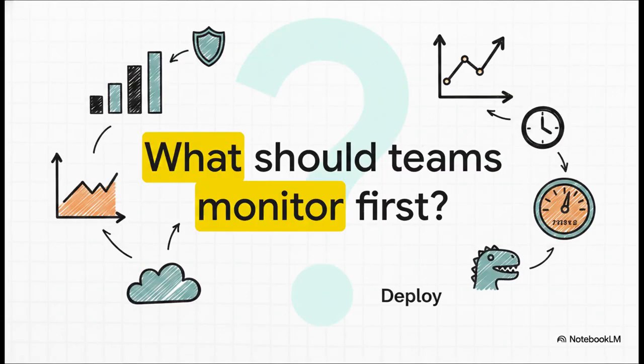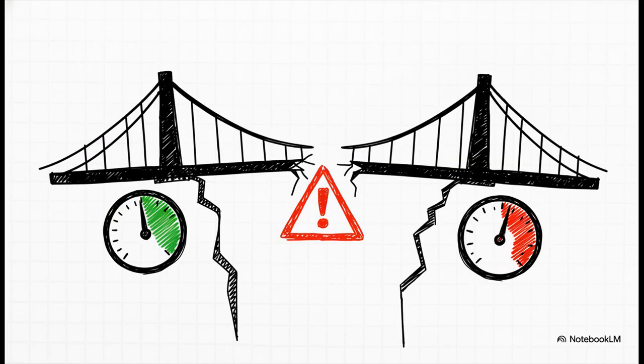Which brings us to our next question. What should teams monitor first? If you only have time to set up a few core indicators today, where do you start? You've got to monitor latency, retries, timeouts, and, I can't stress this enough, that crucial gap between solver success and